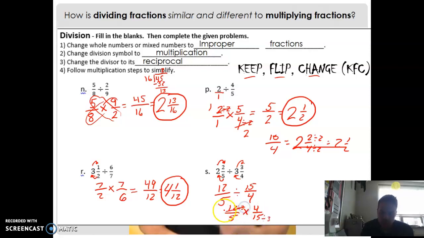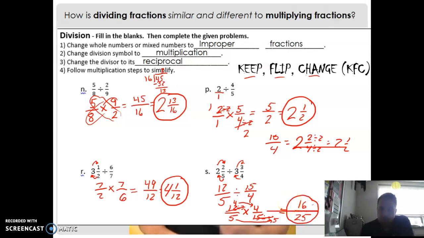So 12 divided by 3 is 4. 15 divided by 3 is 5. And now I think that's helped me. I'm going to multiply these, and I'm going to multiply this times the new one, and end up with 16/25. Is it in simplest form? Well, 16, I have 1, 2, 8, 4, and 16. The only one of those that is a factor of 25 is 1, so my simplest form is